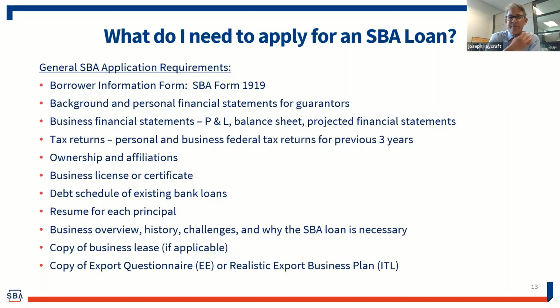So finally, here we have, what do you need to apply for an SBA loan? Here are some of the general requirements. There's an SBA application form. You need to provide background information and personal financial statements for the guarantors, which would be those individuals that own 20% or more. Business financial statements for the company, tax returns, ownership structure, who the specific owners of the business are, any business certification that you may have, debt schedule showing all your existing bank loans, resume for each principal owner,